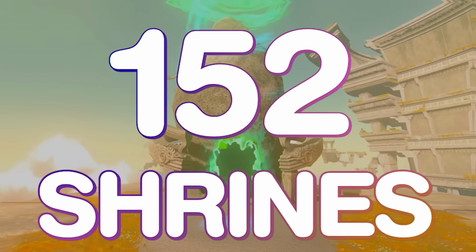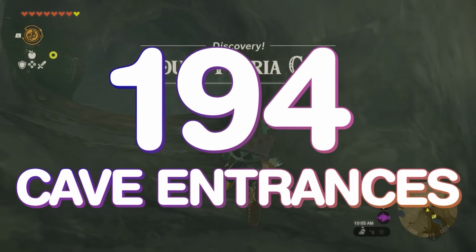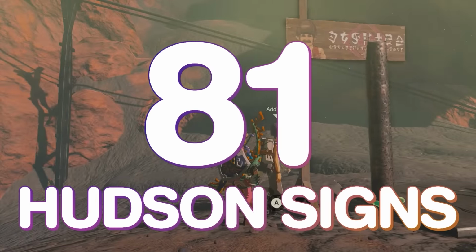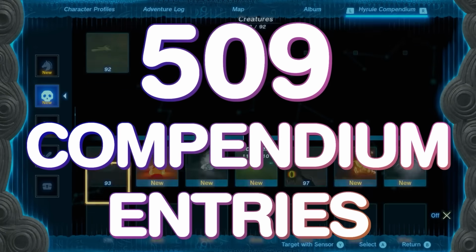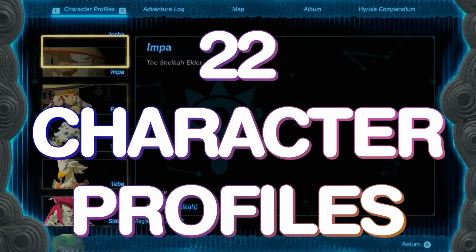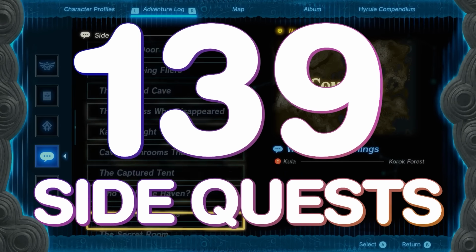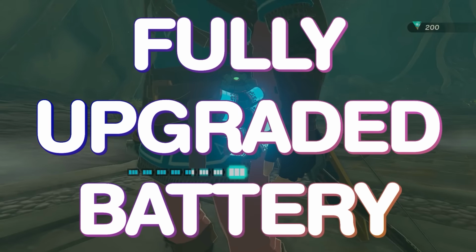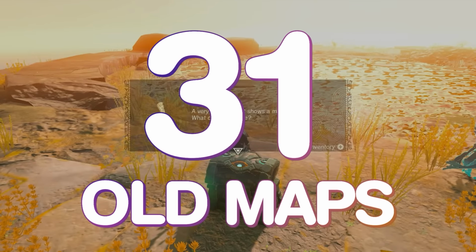15 towers, 152 shrines, 36 chasms, 58 wells, 194 cave entrances, 147 bubble gems, 81 Hudson signs, 120 light roots, every single named location, 509 compendium entries, 228 recipes, 22 character profiles, 23 main quests, 60 side adventures, 139 side quests, 18 memories, 3 travel medallions, a fully upgraded battery, 12 schema stones, 34 Yiga schematics, 31 old maps, 20